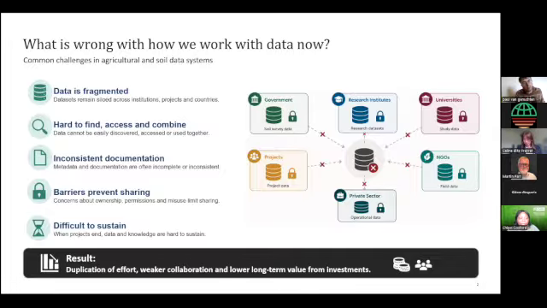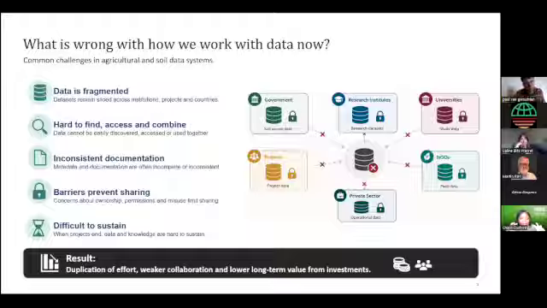And this important one, which is around sustainability: what happens when the project ends? How do we ensure that this data that we collected and spent a lot of money on will continue to be available, even to ourselves, even to the organization we work for, in the long term? Paul gave the example of someone leaving the organization with a laptop, and the data is gone with them. How do we ensure that these situations are not happening?